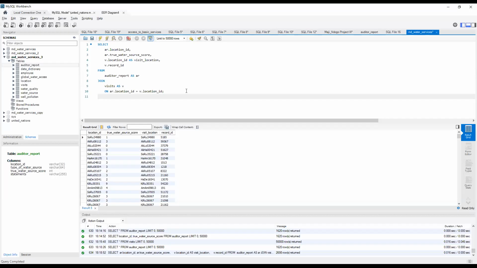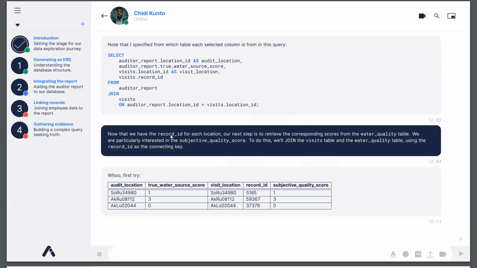Okay. Now that we have the record ID for each location, our next step is to retrieve the corresponding scores from the water quality table. We are particularly interested in the subjective quality score. To do this, we'll join the visits table and the water quality table using the record ID as the connecting key, right? So we are now going to add subjective quality score to all these existing tables, and we can find that from the